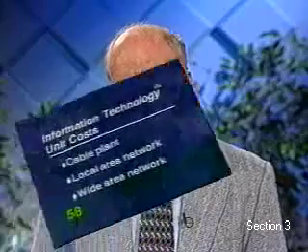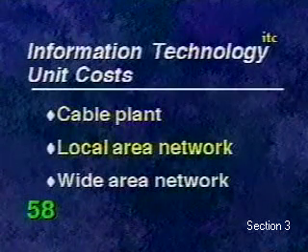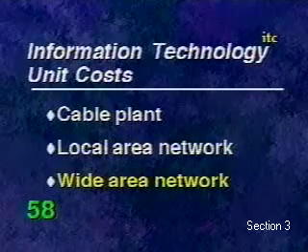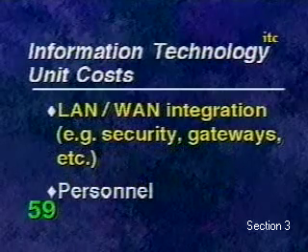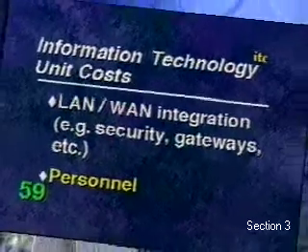To help with the budgeting process, I have provided some basic unit cost information relative to information technology. These units can be multiplied times their respective quantities to generate rough order of magnitude IT budget estimates. The key component categories are cabling, local area network equipment, wide area network services, LAN-WAN integration equipment, and personnel. It should be noted that prices for these items shown are based primarily on U.S. prices and will require adjusting for each country.